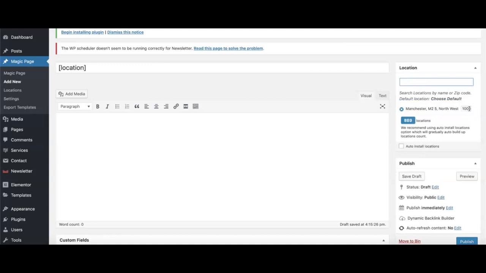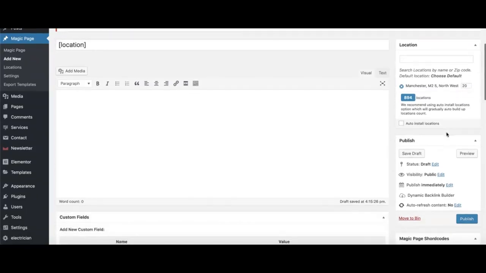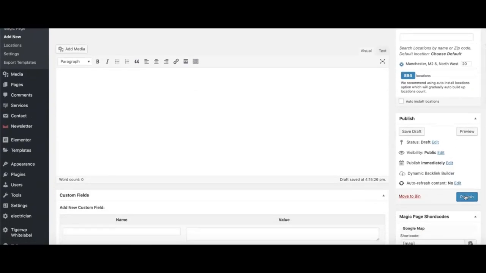Now we've got this set to 1,000 mile radius, but let's say we only wanted to go within a 3 mile radius. We change that to 3 from 1,000 mile radius, and it's going to come all the way down to 49 locations. So if a client only covers within a 5 mile radius of their business premises, you say no problem, there's a 5 mile website, got 121 pages. On this occasion, we'll cover the whole of Greater Manchester, so let's just put 20 in, and that should probably give us the full 895. 894 it's given us, but that'll do. So we've got 894 pages there, and I'm just going to publish that page.